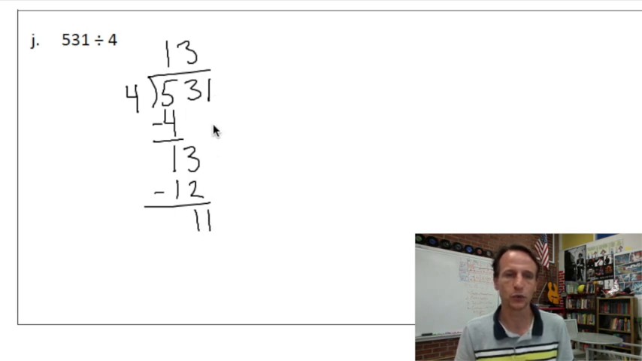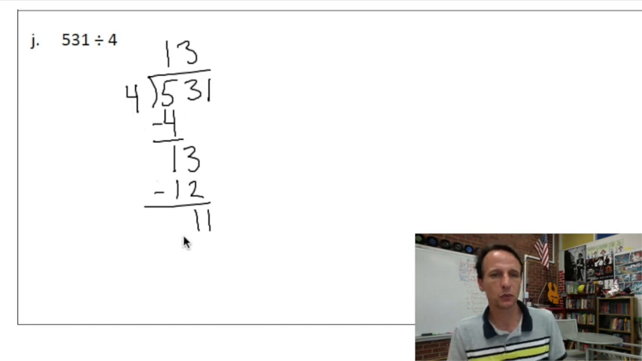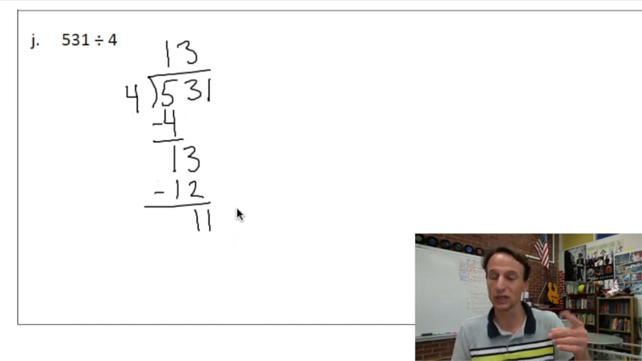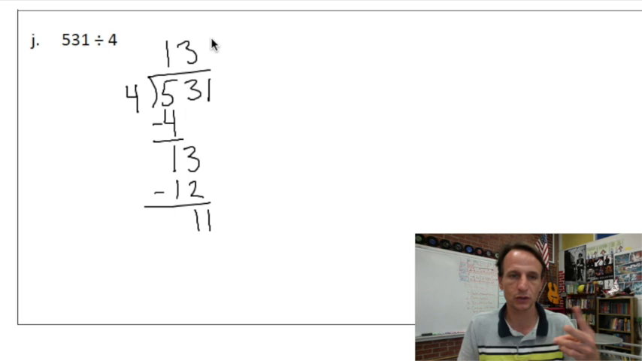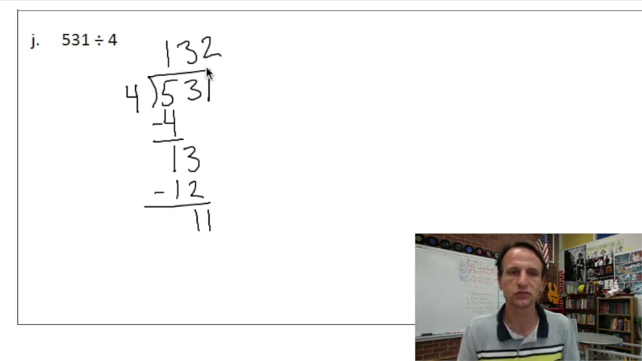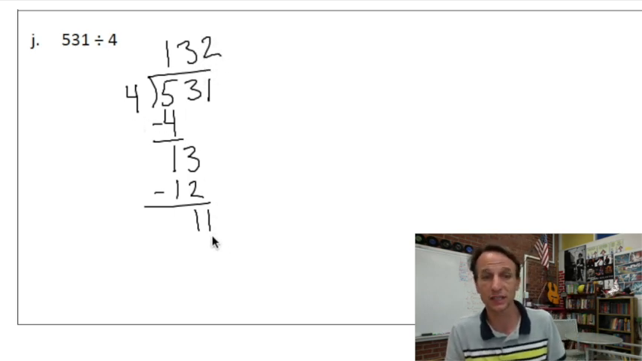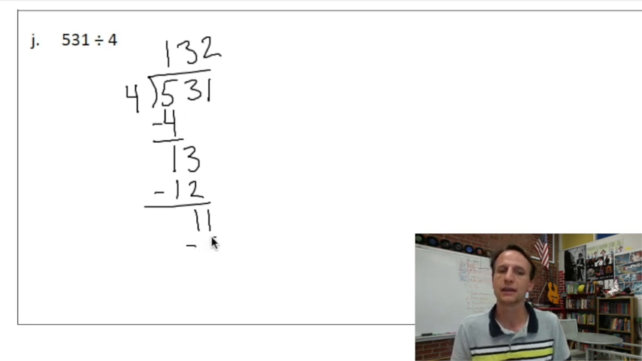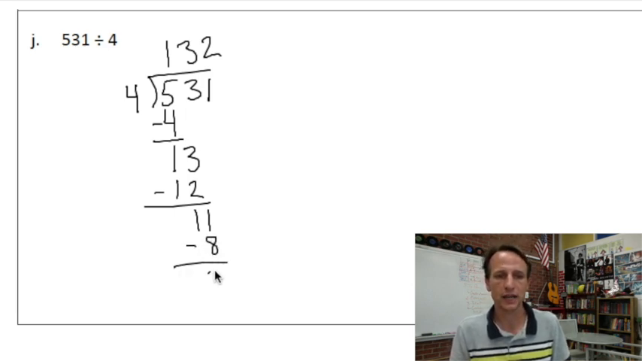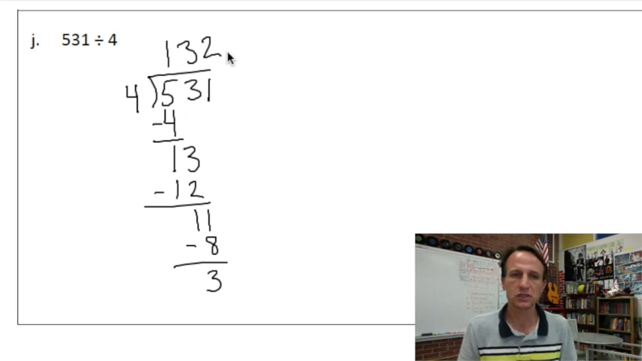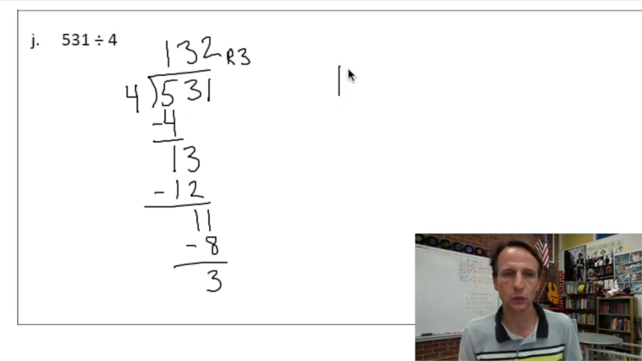We have 11 ones. How many 4s in 11? Well, 4, 8. Yeah, we can't go to 12. So just 2 4s in 11 because 2 times 4 is 8. Subtract, and we get 3, which is our happy little remainder. So to check this out, we take the 132, our quotient, and multiply it by the divisor